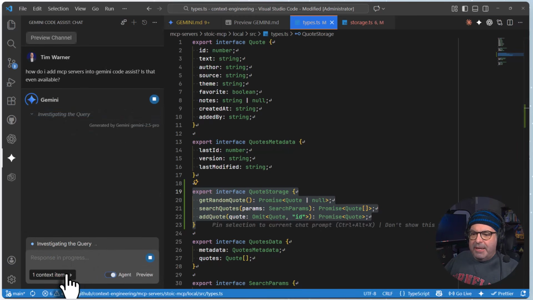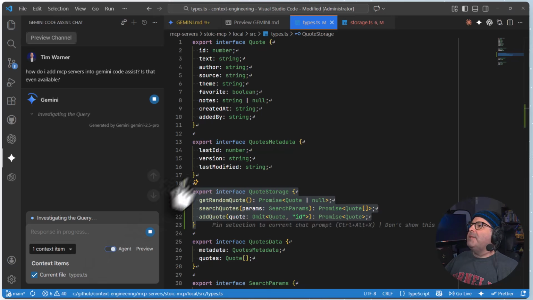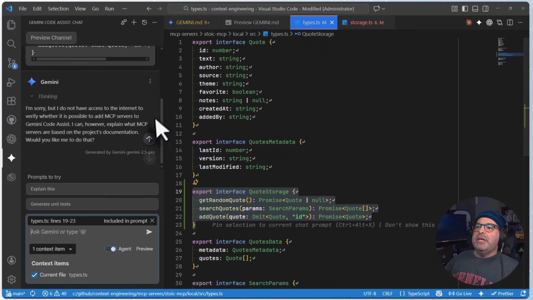Want to think about the context as well, always. Types.ts is in context now. That's totally fine. I also am going to want to bring in storage.ts. I do not have access to the internet. However, I can explain. Well, that's a poor response. Tell you what, let me continue this